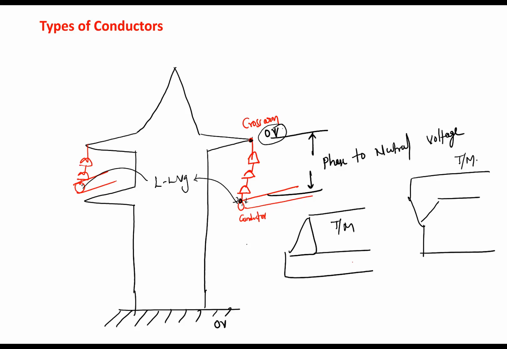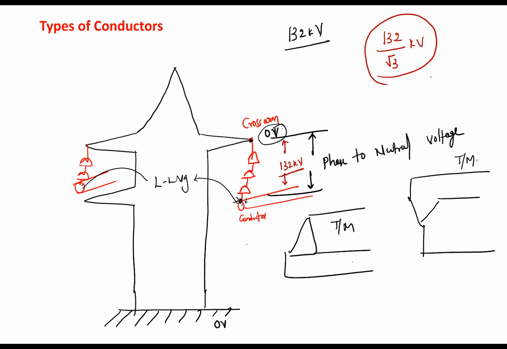Okay, sir. Suppose it is 132 kV line. If you are doing delta transmission, then what will be the voltage between phase and neutral? It is 132 kV. So you have to provide insulation for which voltage? 132 kV. Suppose you are doing the transmission in star, then what is the voltage between phase and neutral? 132 kV divided by √3. So you have to provide insulation for this voltage. So where you are saving insulation? Star only, sir. That is the point.